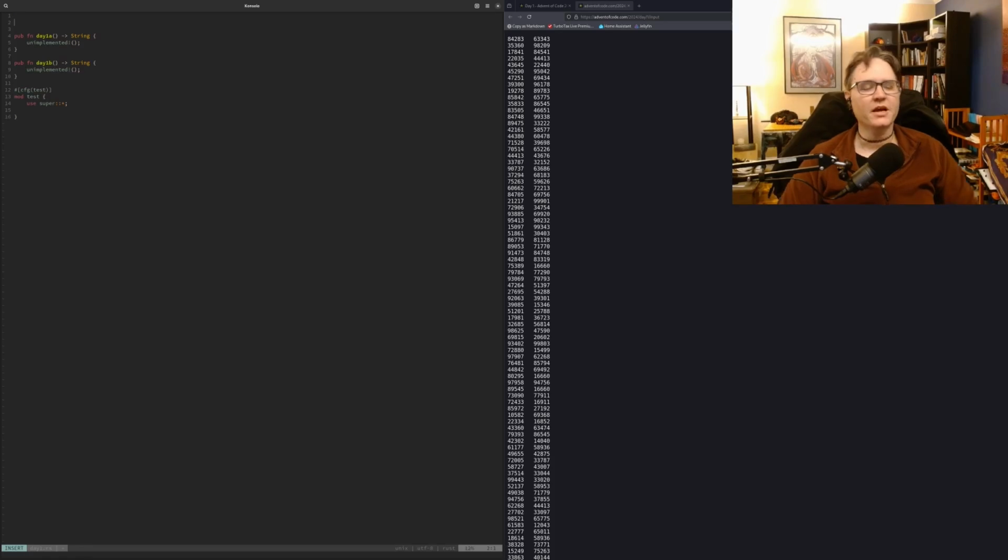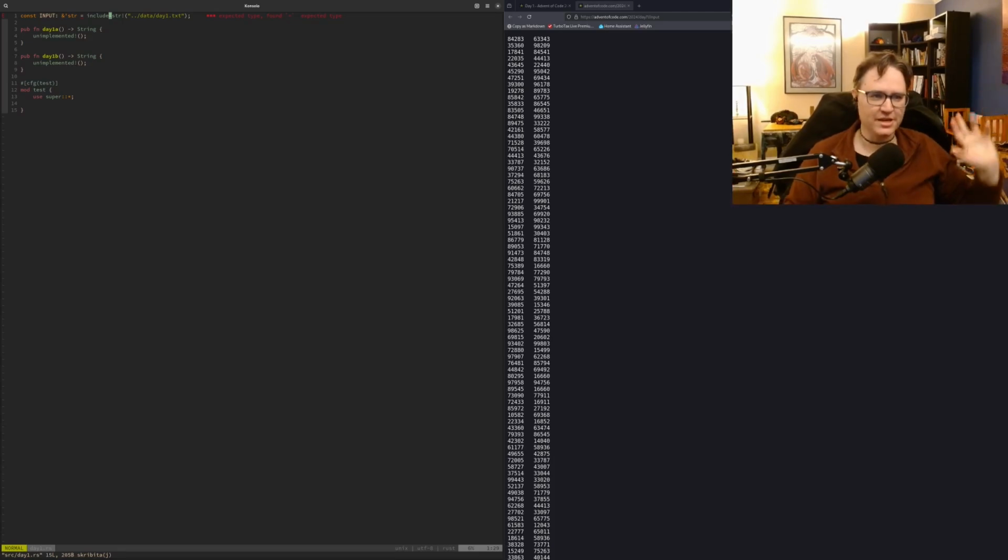Very first thing I always do, const input is a string equals include str data slash day1.txt. When I'm doing Advent of Code, I do not ever try to load data. I just compile it directly in using the include string macro.